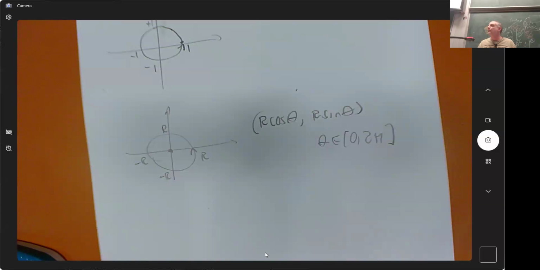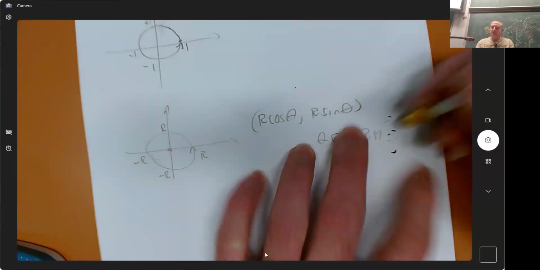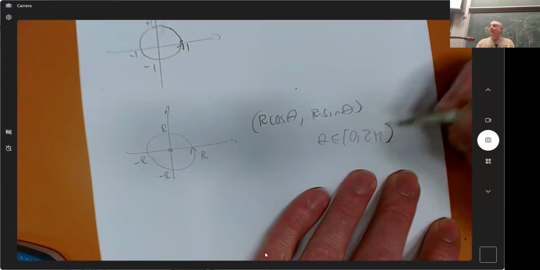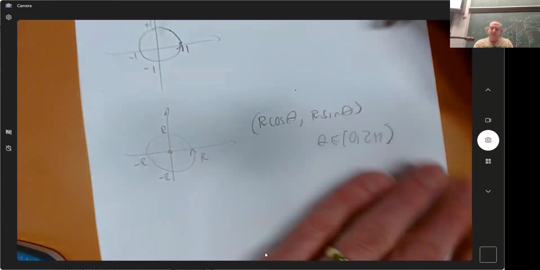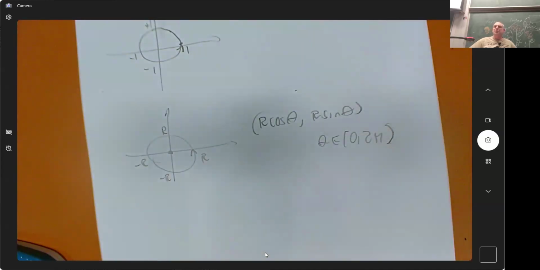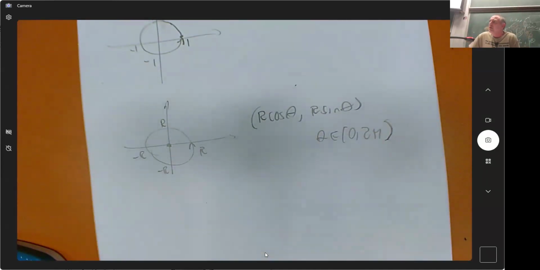No one cares, but yeah, traditionally you are supposed to only count every point once. For the purposes of doing integrals, that single point at the end doesn't make a difference, but it does make a difference if you're just literally parameterizing. If you look very closely at your course notes, your lecturer is not going to be too fussy about that, and sometimes they'll have an or equal to, and sometimes they won't, and you'll just have to be okay with it. Yeah, so they are circles.